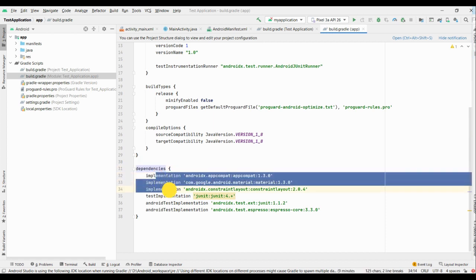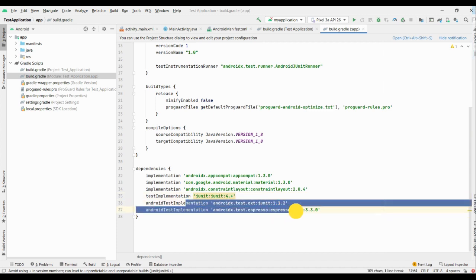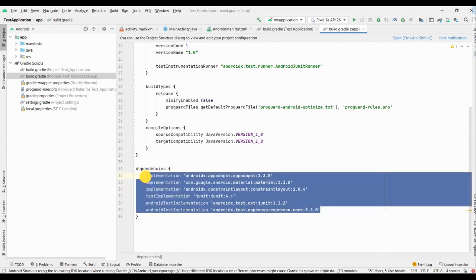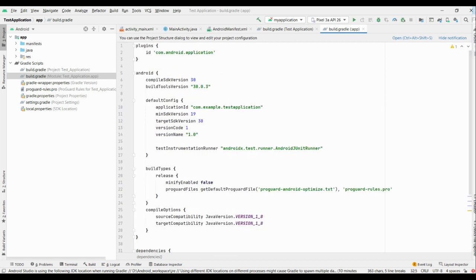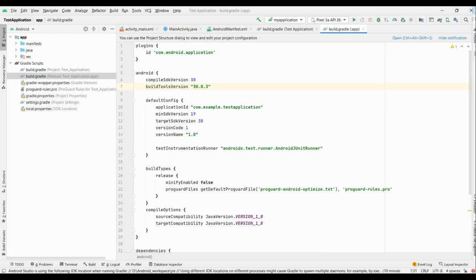So here these are all the implementation dependencies. So these three are actual implementation dependencies, and this is for our JUnit dependencies. Okay, so this is also related to test dependencies, so we have specified. So that's it. So by default when you create the project, we see the script is ready. So now you have to concentrate only on the actual implementation, so no need to worry about the script. Minor tweaks can be made as and when required in the script.